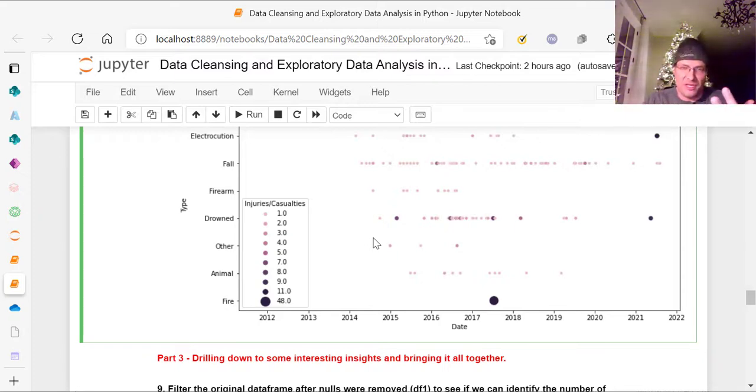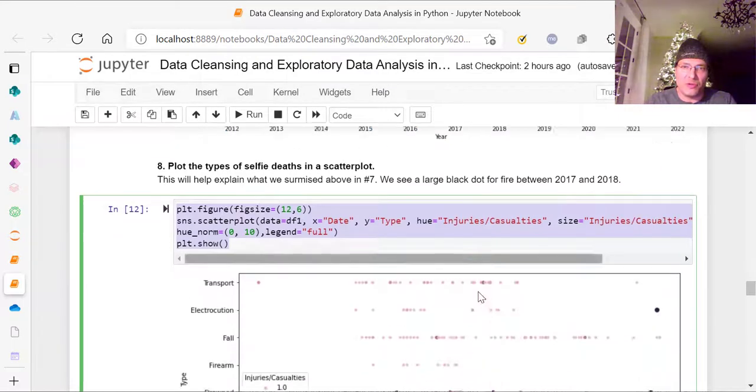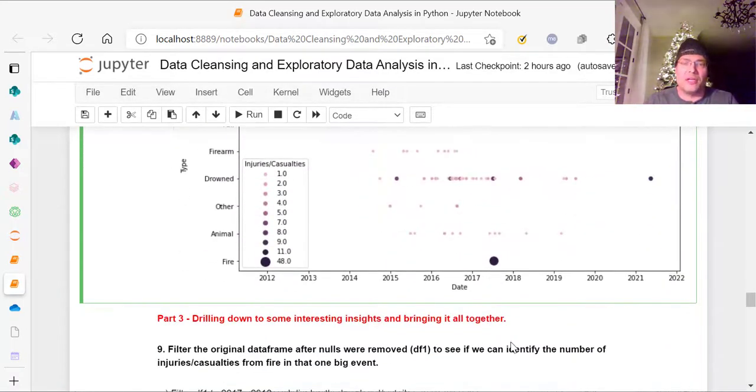I mean, obviously we saw India has a lot of selfie deaths. We saw that fire was possibly linked to it. We saw that, like right here, you see it right here, there's a spike in 2017, 2018, which we saw above. That's really high, goes to 48, totally correlates with this one. So we're going to look at that a little bit deeper in the next video and bring this all together